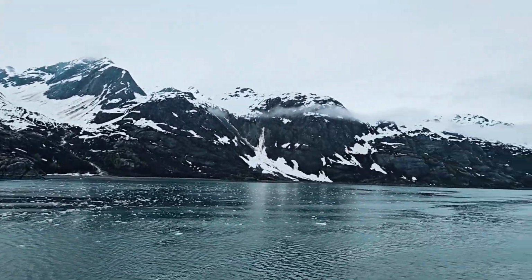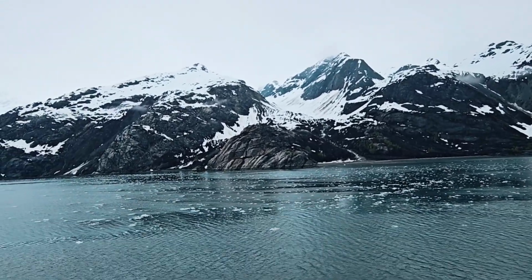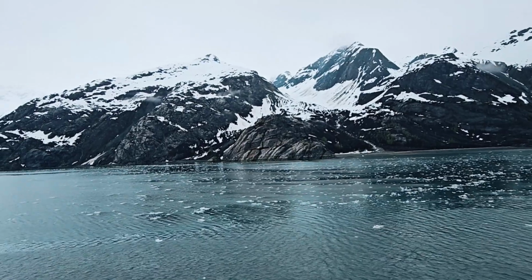We are approaching Johns Hopkins Glacier. As we look ahead of us, surrounding the corner, we will eventually come into view of another great glacier coming down from the